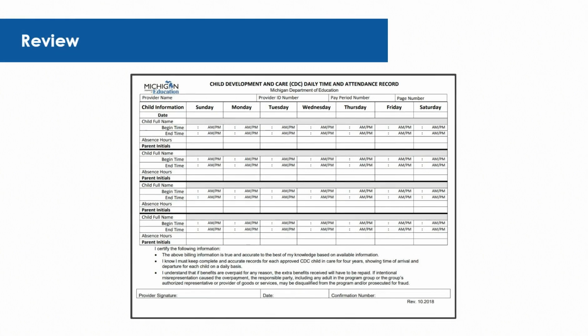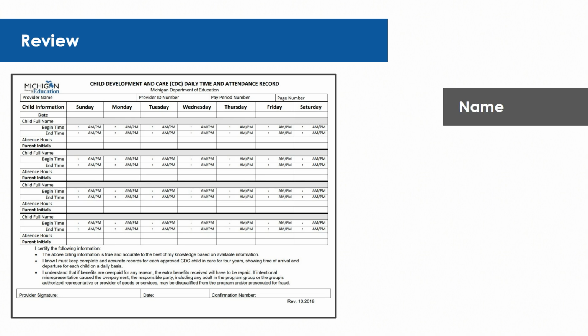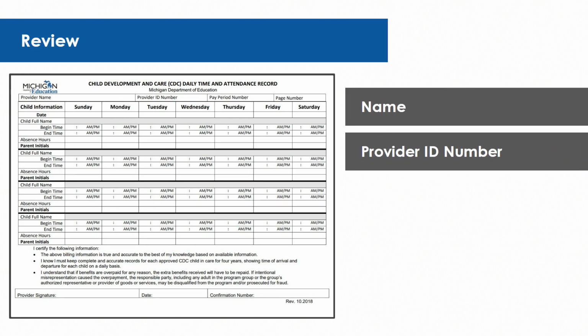Let's review what we've learned in this module. Time and attendance records are the forms or records you keep for keeping track of the times children are in your care. Information you should have on your time and attendance records include your name, your 7-digit provider ID number, the 3-digit